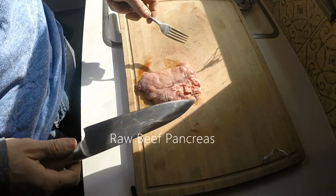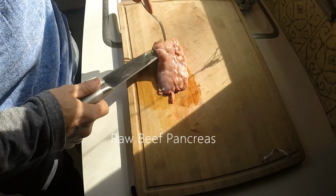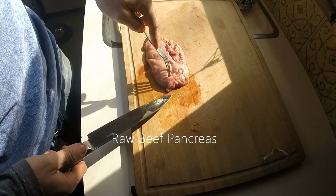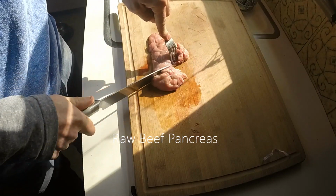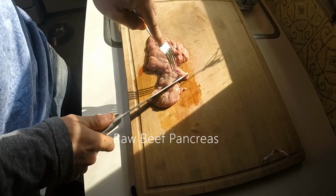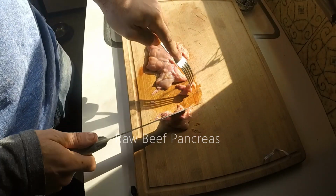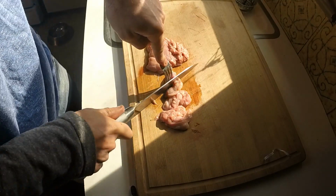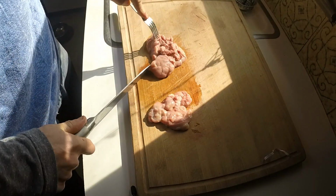Alright, it's time for some raw beef pancreas. This is the first time I've had fresh raw beef pancreas, otherwise known as sweetbreads. I think I've had sweetbreads before, but it came in frozen with one of my orders last year. But I've never had this fresh, so I'm looking forward to trying this out. Smelled definitely pretty funky out of the bag, so not sure what it's going to taste like, but I'm going to chop it up into pieces here, give it a go,